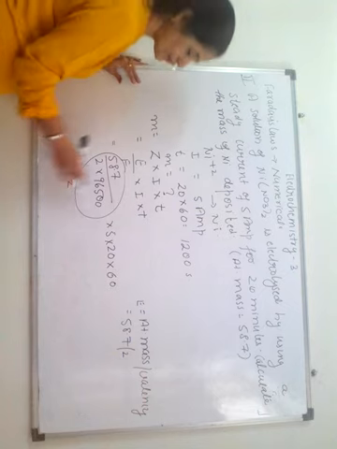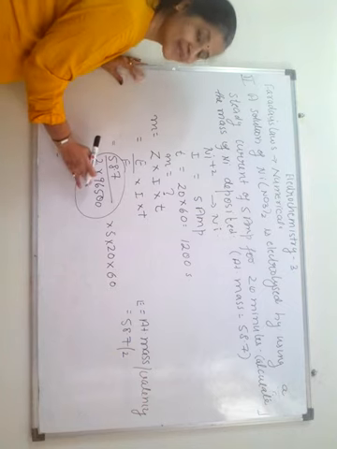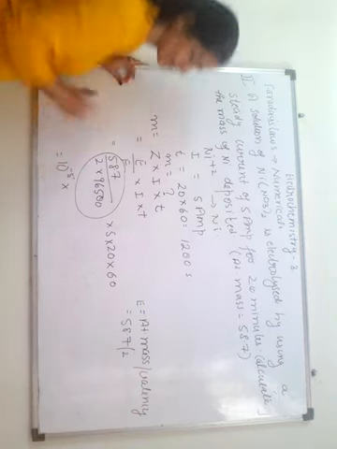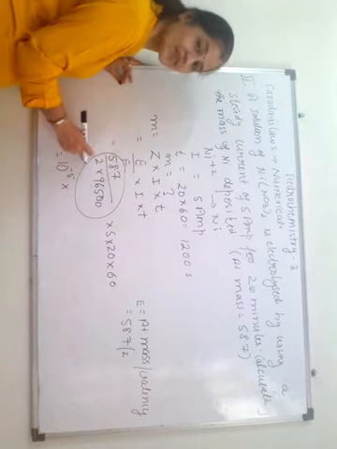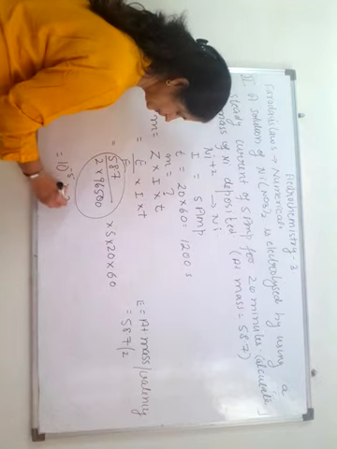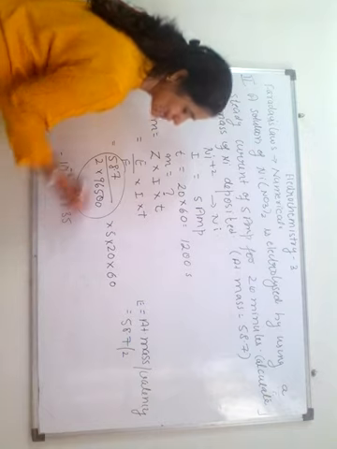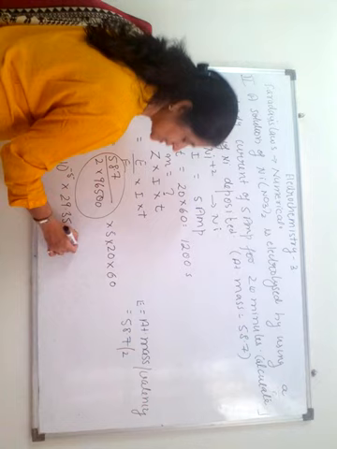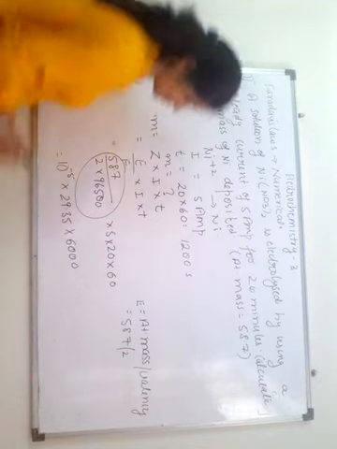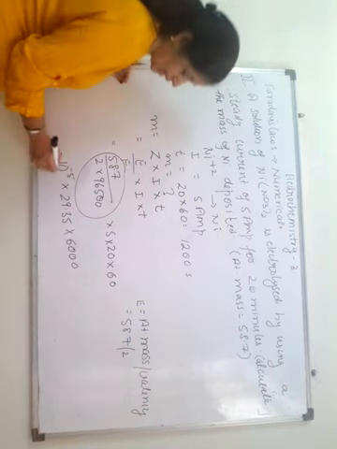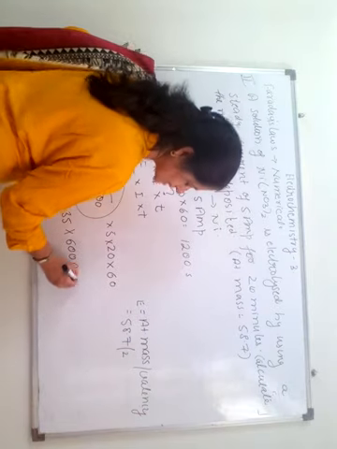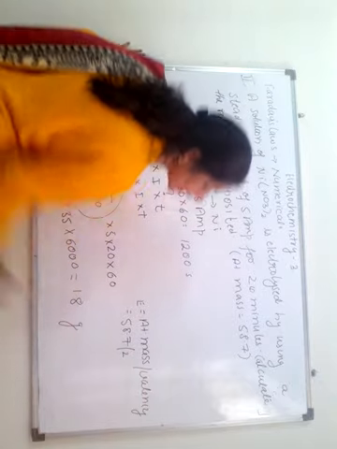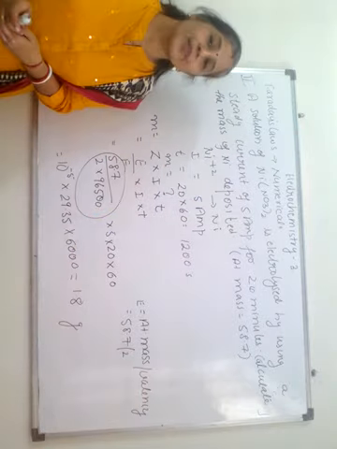Now the value of this 1 upon 96500, this can be taken as 10 to the power minus 5. 58.7 upon 2, this is 29.35 into 100 into 60, 6,000. Becomes easier, and when you calculate, let's say this comes out to be nearly 1.8 grams. So 1.8 grams of nickel is deposited.